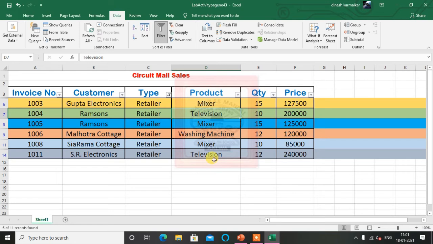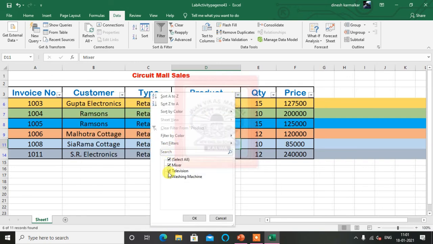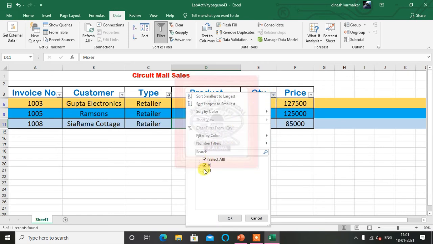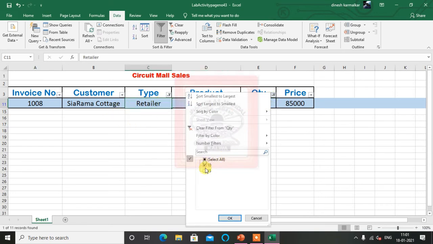We can filter the data depending upon the quantity also. Suppose I want the type retailer and who is selling mixer. Suppose only mixer, three retailers, but I want the one having the lesser quantity, let's say 10, who's selling 10. So I'm getting only one retailer who's selling in 10 quantity. There's only one retailer, that is Sai Rama Cottage. And if you take the 15 option, then